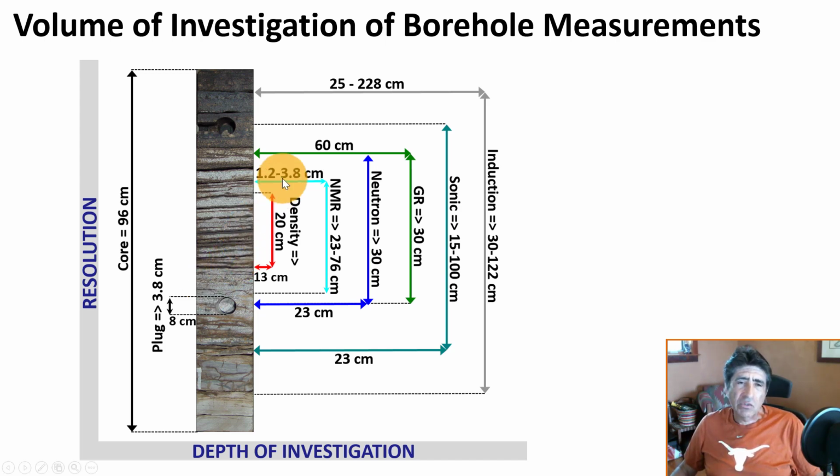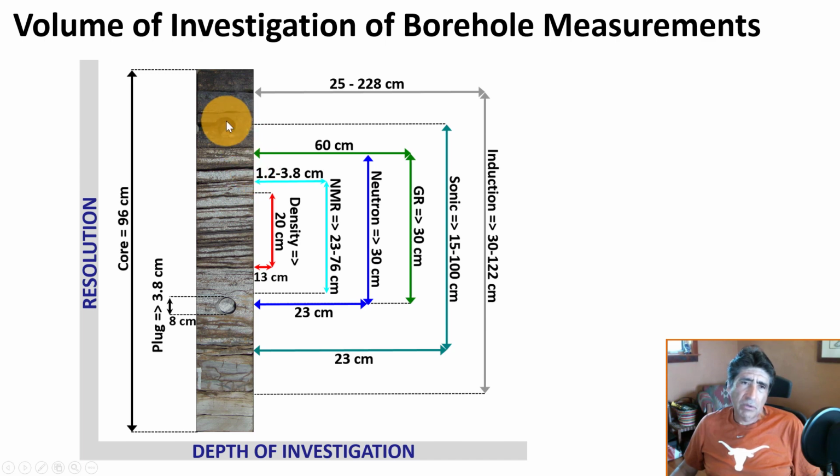And we have density logs that are very shallow sensing and have high resolution. Then we have electrical resistivity logs that have the deepest radial depth of investigation, but also the lowest resolution. So in a rock like this, which is a carbonate, in some cases we will not be able to see these laminations and the emplacement of hydrocarbons that we have here, because when you average the properties of these rocks over a large volume, you're only sensing the combined average of all these properties. You no longer have the ability to sense the individual lamina here.